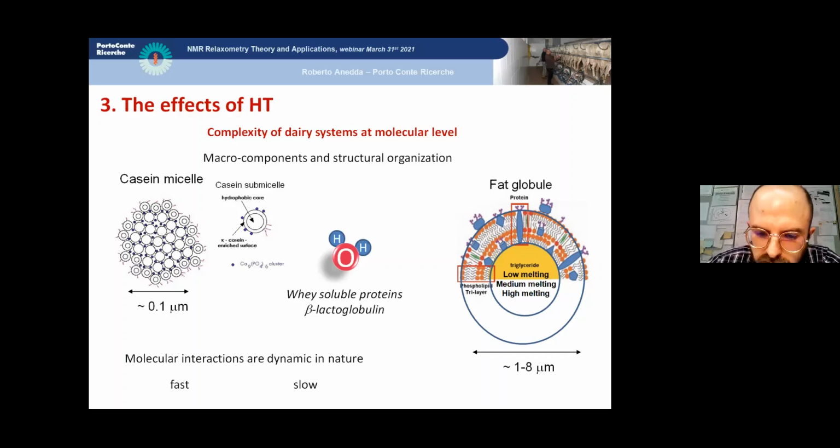For example, it was found by NMR works that with increasing temperature, the solubility of calcium and inorganic phosphate in solution is reduced, leading to precipitation of phosphate and calcium. And dissolution of micellar calcium and phosphate was found to be strictly related to the relaxation rate of protons, because it interacts with the casein hydration state.